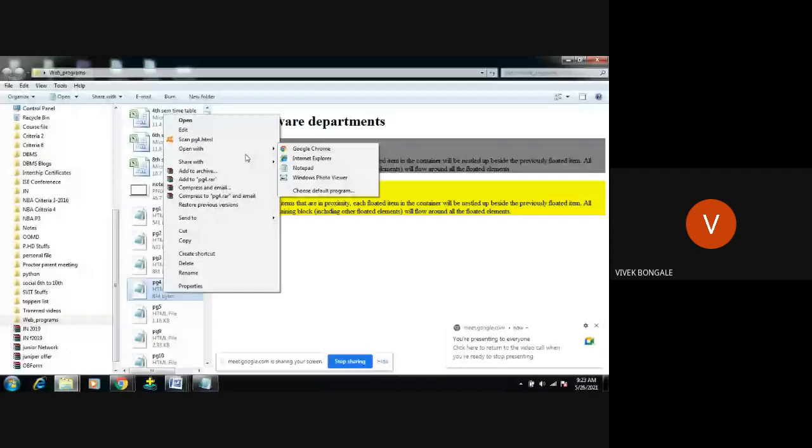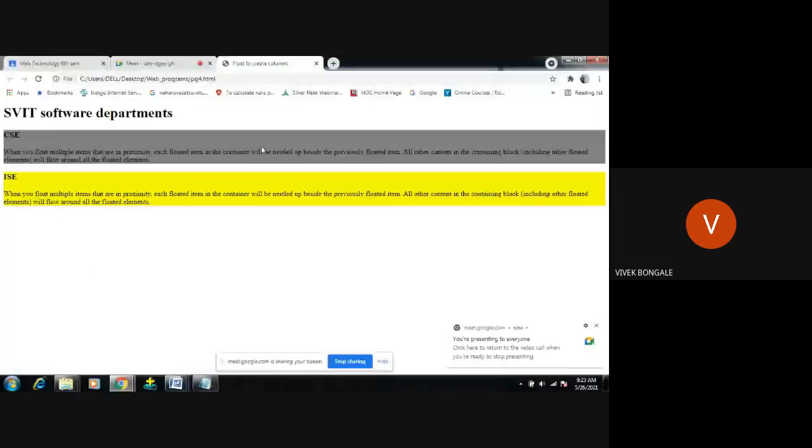You can see you have created the two columns, but it is not displaying side by side because you have not used the float element. We have not used the float element. This is just displaying the basic style we used.